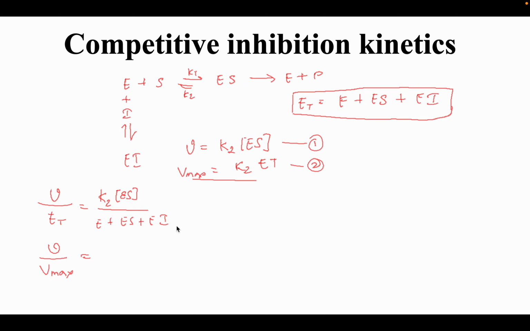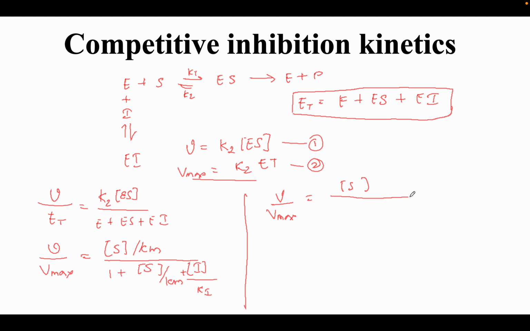ES is S by Km upon 1 plus S by Km plus I by Ki, because Ki is the constant of the inhibitor. And if we solve this, we'll get V0 upon Vmax is equal to